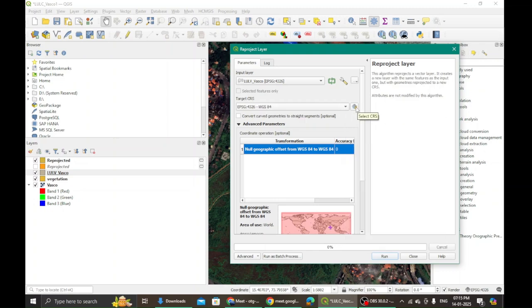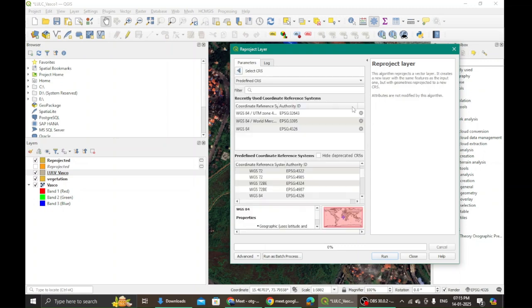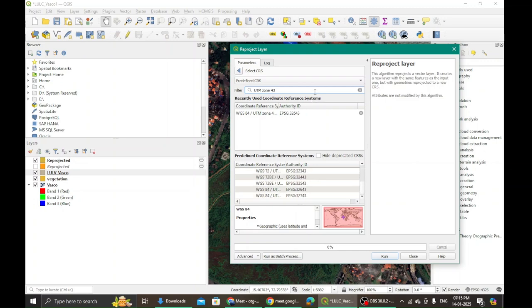Do we see a small globe there? You see a small globe there, we click there, right? Once we click there, we have to find our UTM zone 43. Goa falls in zone 43. So we have to search for that. There are many, so it is going to be a tough time. Oh, there's a small trick. We go for UTM zone 43. Now we won't be able to see whether it is UTM zone 43 or not.